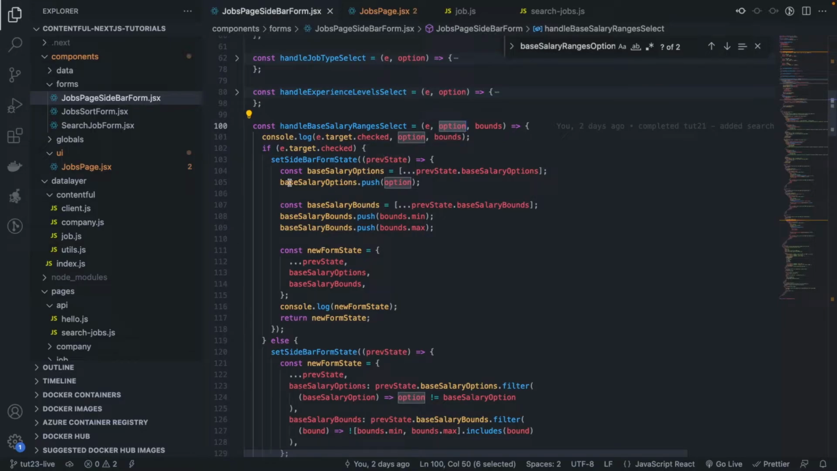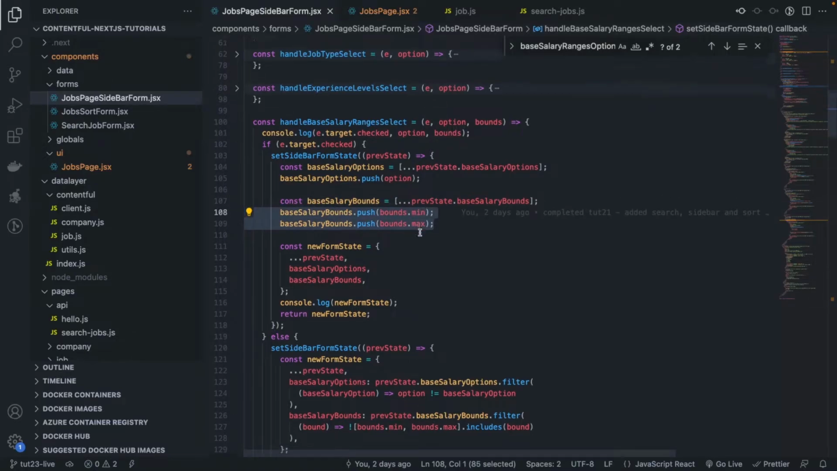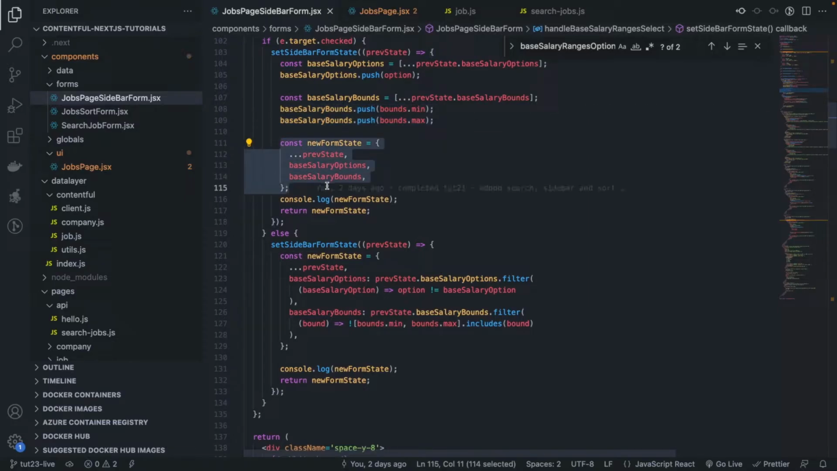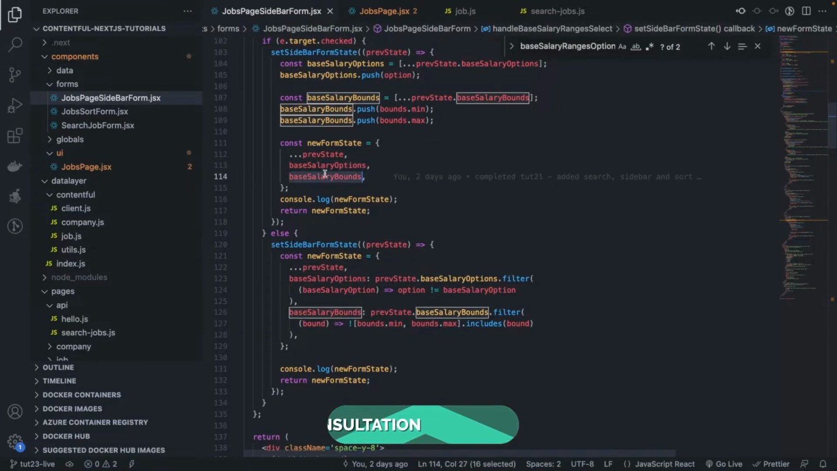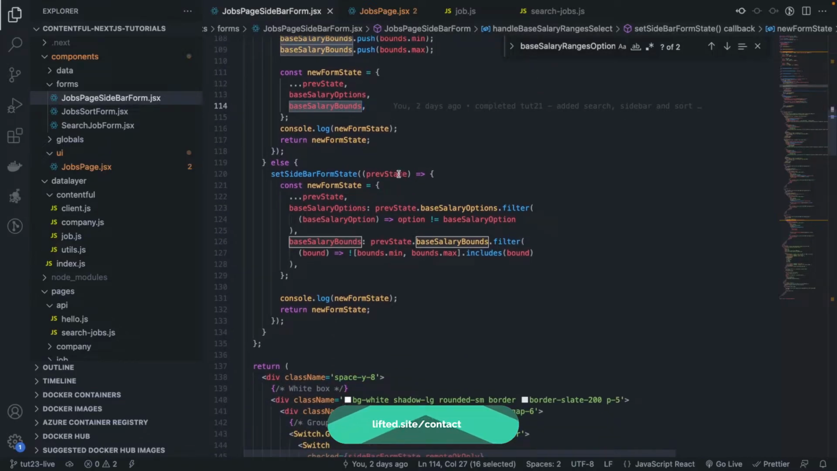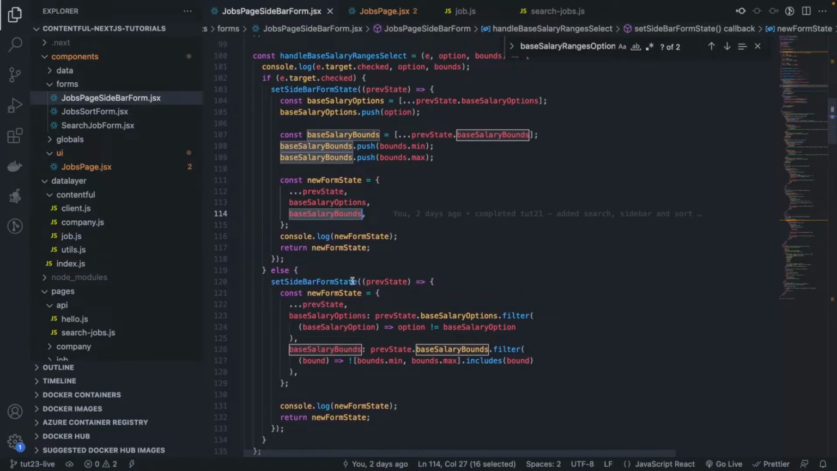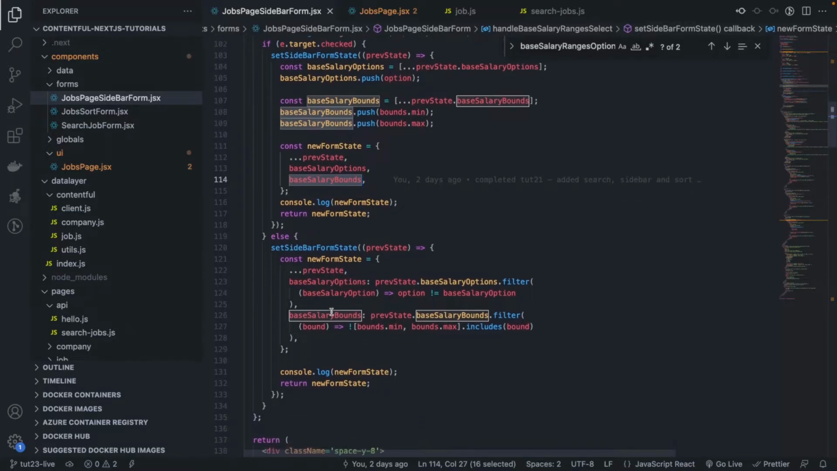So the first stage is to get the base salary options, the ones that are currently being selected, and then we push the newly selected one, and similarly we get the bounds and push the min and the max in those bounds. And then we create a new form state based on the previous value of the form state and the new base salary options and the new base salary bounds. In the case when it's not checked, meaning that we have deselected it, we want to remove it from the